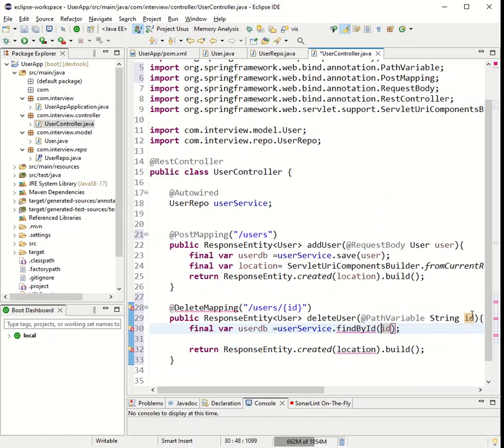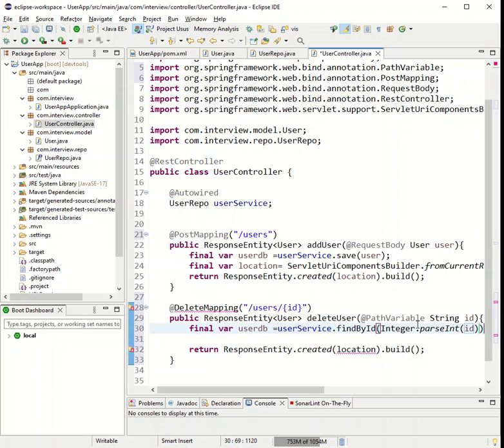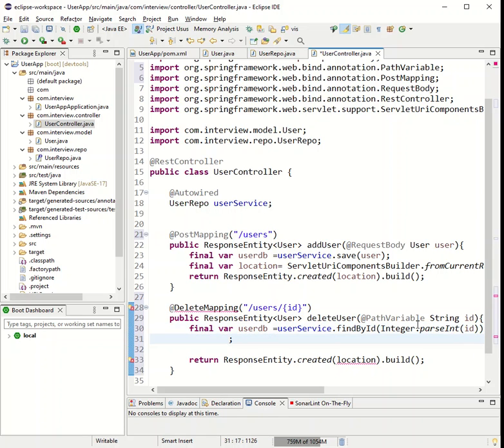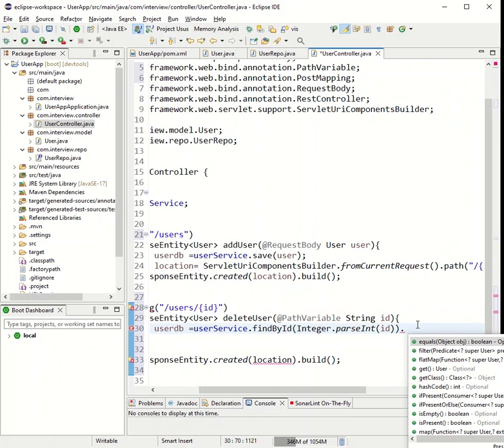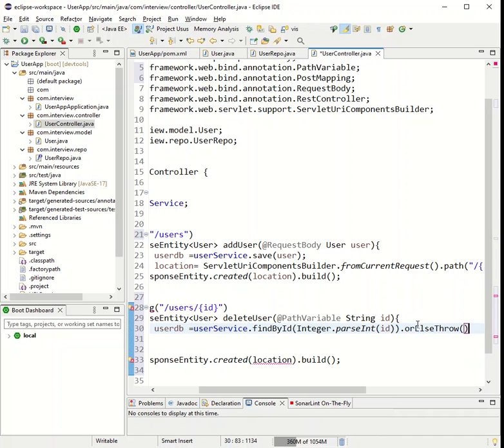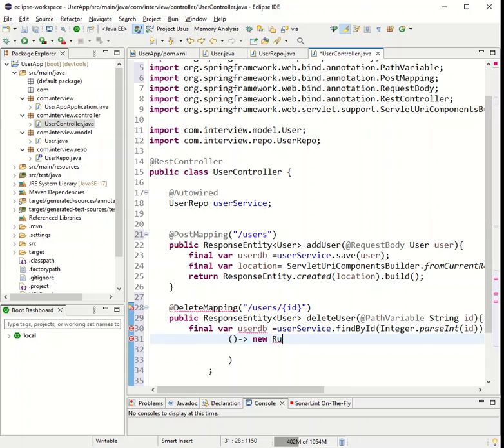Because it is going to take the integer, I'm going to convert it using Integer.parseInt. And obviously the ID can be present or not present, so it is going to optionally give me the user, or else throw an exception. I'm going to use a lambda expression here, and say it is going to be my new